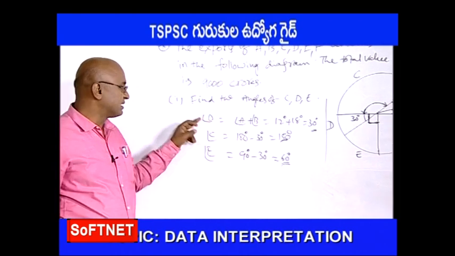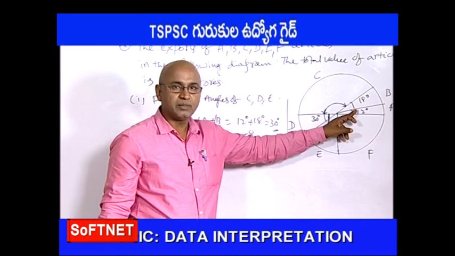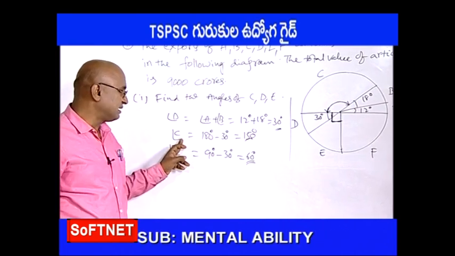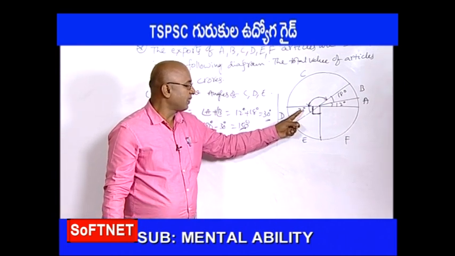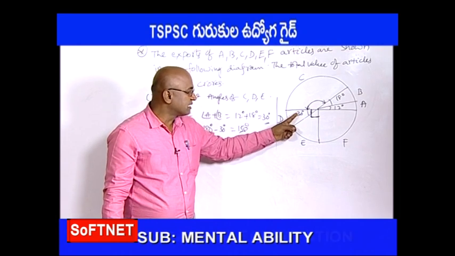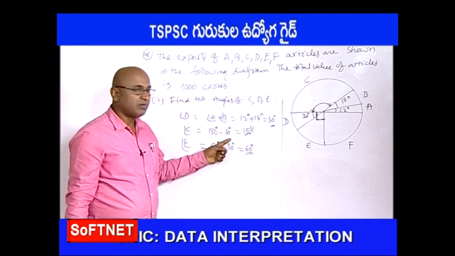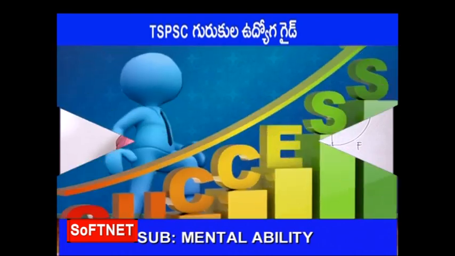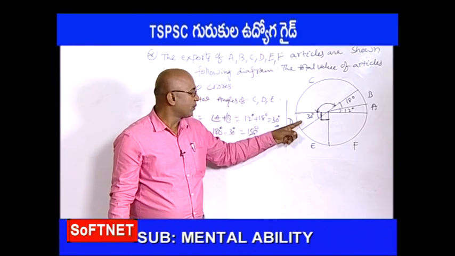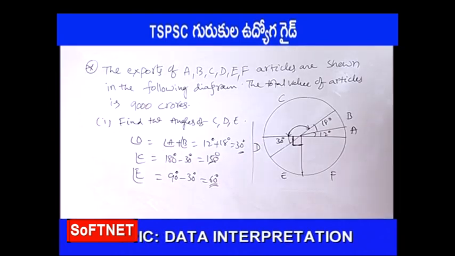Correct? So find the angles. Angle D is equal to, opposite angles are same, that is why angle A plus angle B, 12 plus 18, 30. And angle C is equal to the total angle 180 degrees, out of which it is 30 degrees. 180 degrees minus 30 degrees will give you the angle C, that is equal to 150 degrees. Now angle E is equal to, the quarter circle is 90 degrees. Now this value is 30 degrees and this value is angle E, the remaining angle, 90 minus 30 will give you 60 degrees.